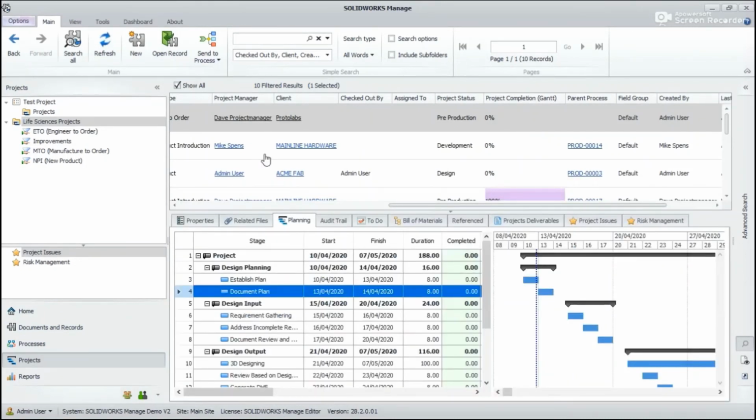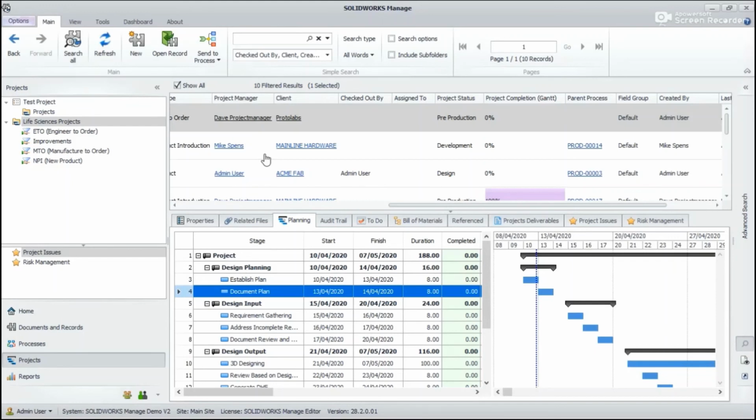With the project going through various phases or stages, the project report can be handy to a project manager, which in turn will help him evaluate the status of the current project and check whether the milestones of each project has been reached or not. In SolidWorks Manage, the project report can be generated on a mouse click.